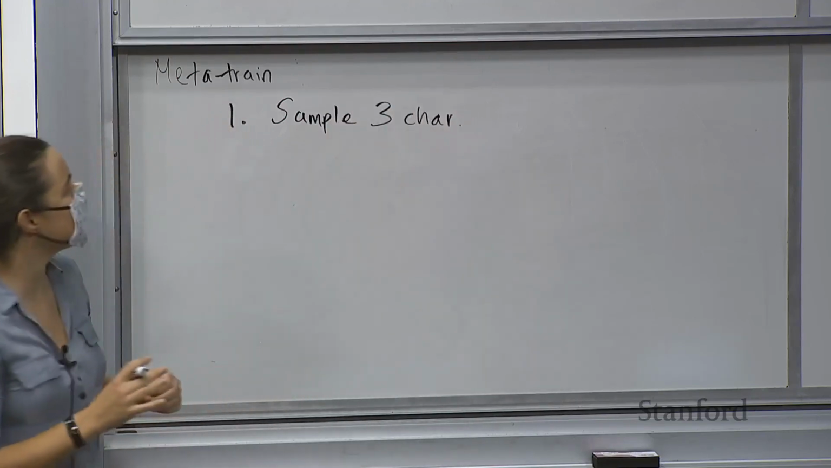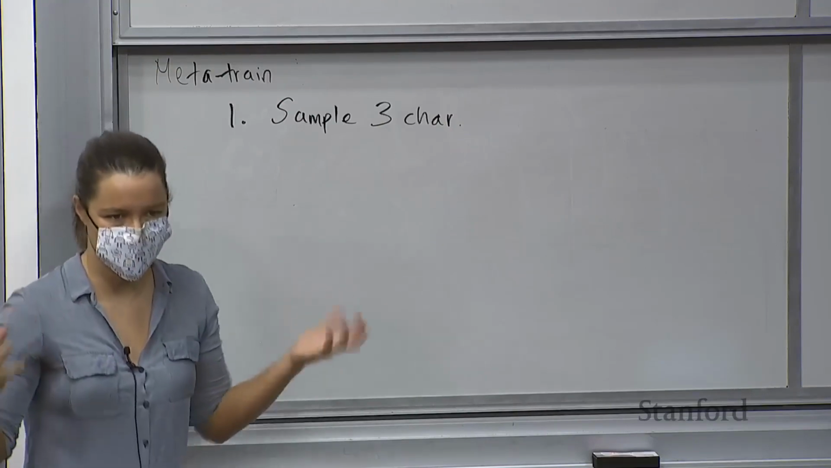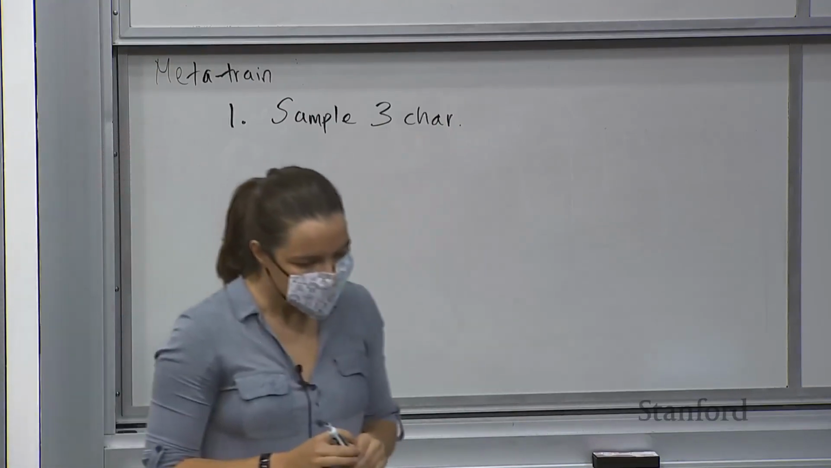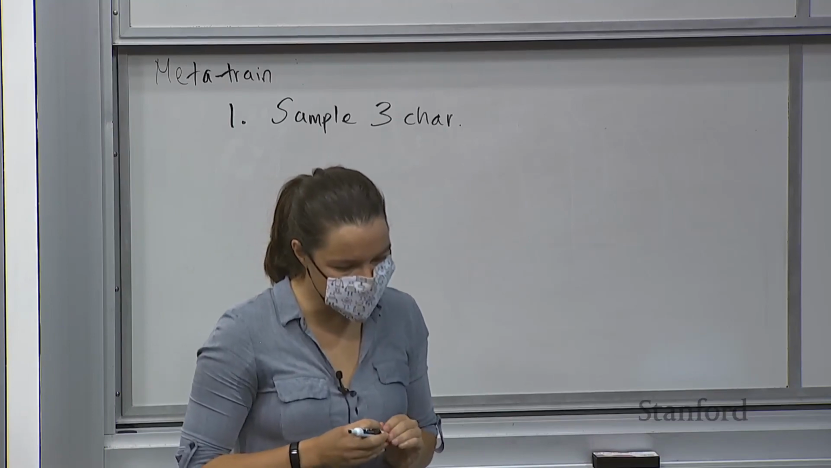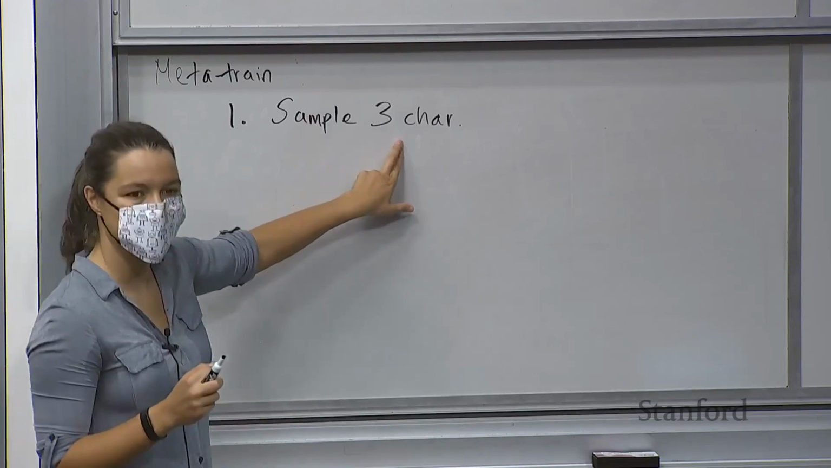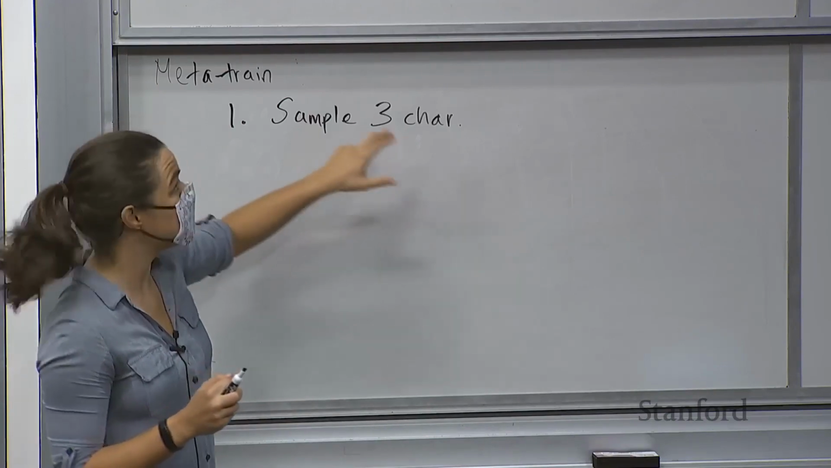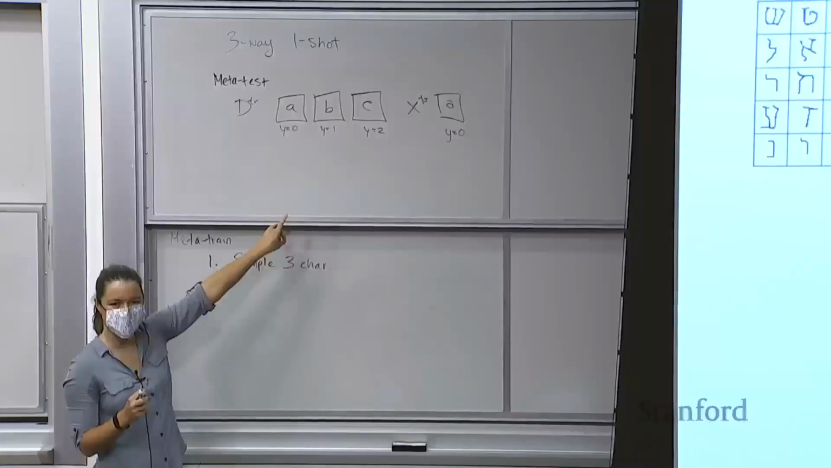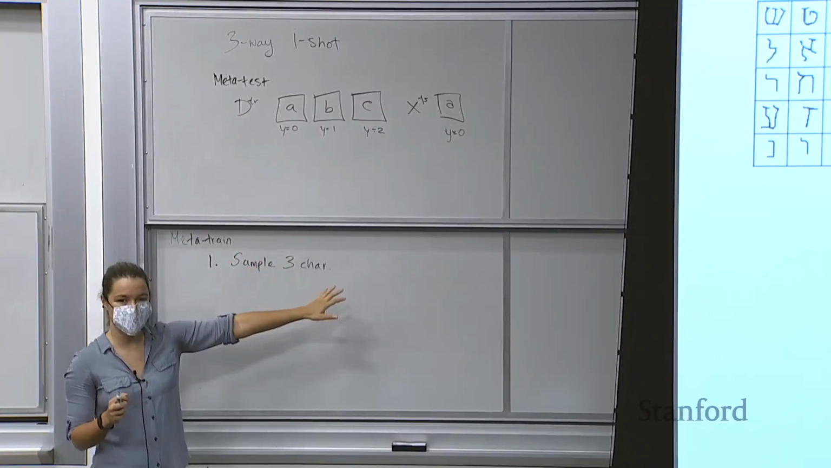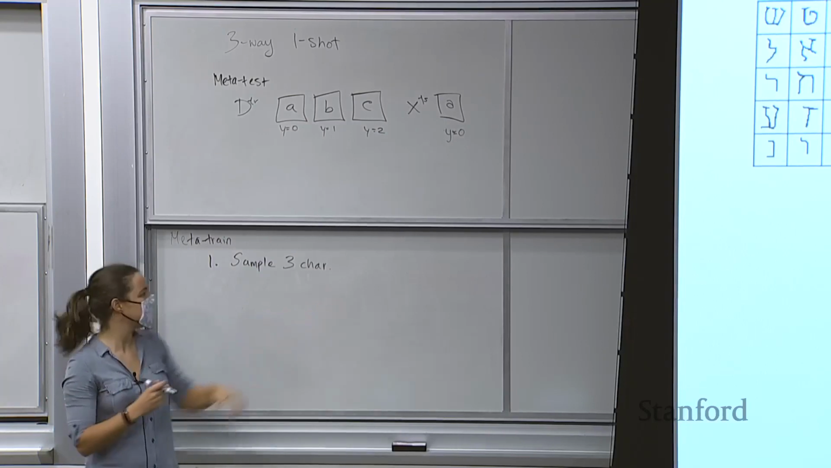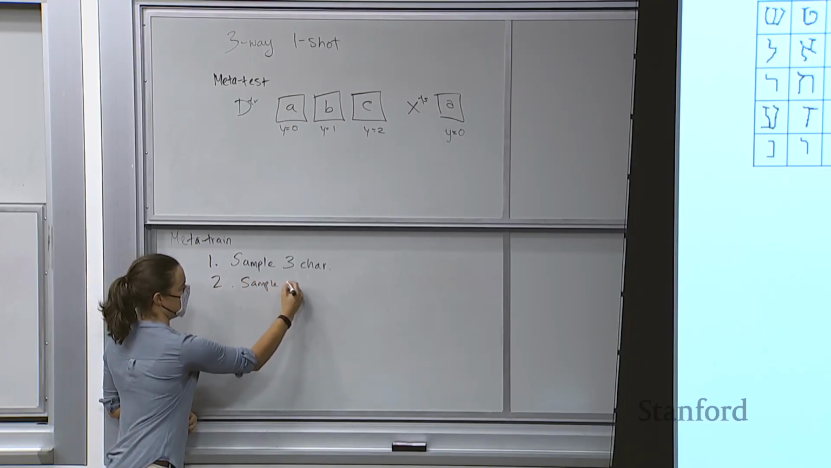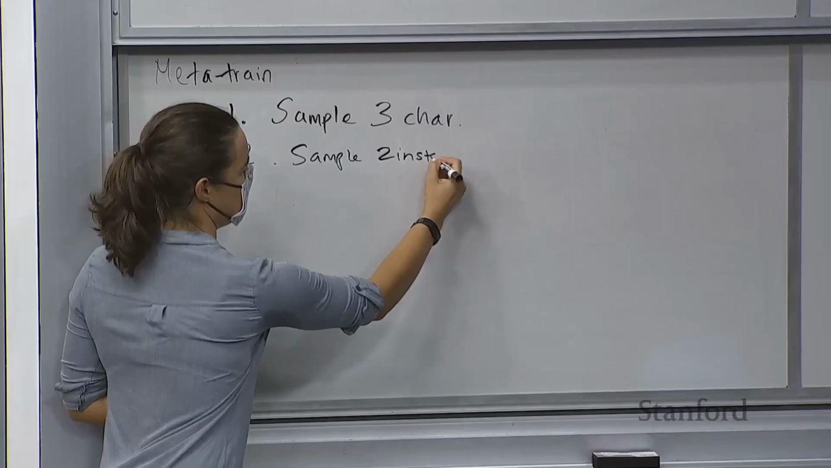And we're going to be in the setting where we're just going to train for the 3-way one-shot classification problem. So that's why we're going to be sampling 3 characters. And then we're going to be sampling multiple instances per character. And because we're in the one-shot setting, we want to sample at least 1 instance for the support set. And we also need to be able to sample some instances for the query set. And so we're going to sample 2